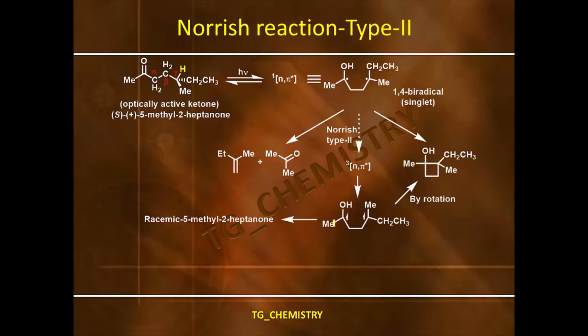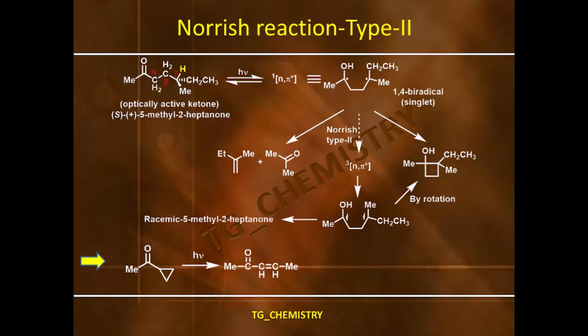And here also, from the triplet state, by rotation it can form the cyclobutanol as a major product as well. We will see another example here with a ketone where cyclopropane is flanked with the ketone,